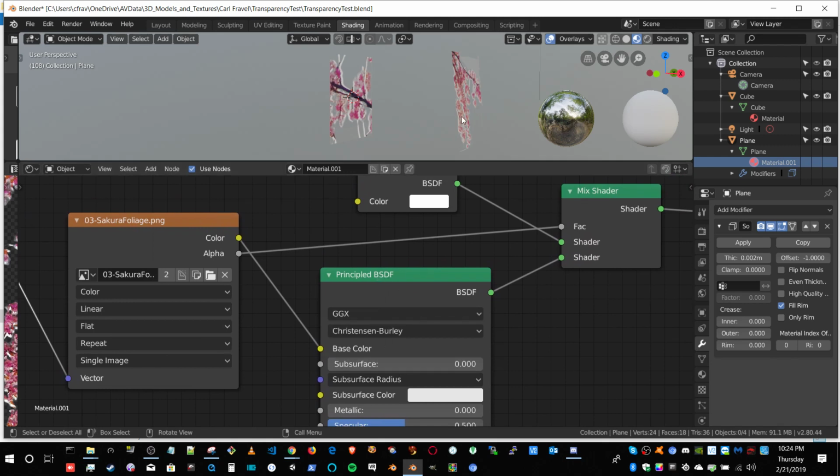That's doing the main painting on the box or the plane. And I take the alpha channel of that PNG that has an alpha for the foliage, and I put it into the factor input on a mix shader. The factor